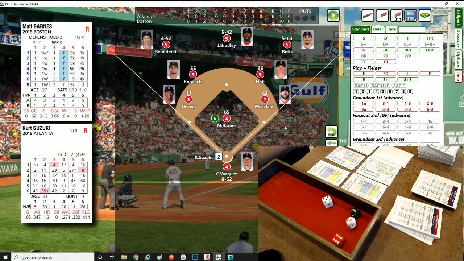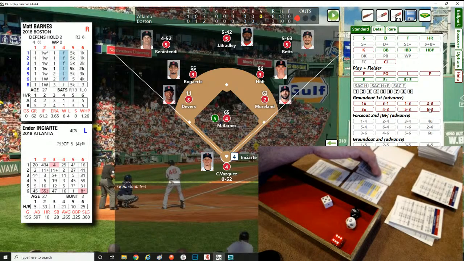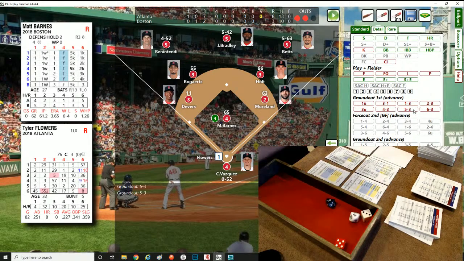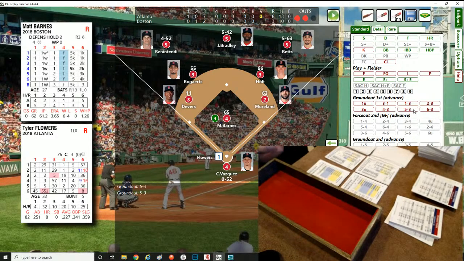And that's an 11. A's patient. 90. How patient? That's a ground ball down to Bogaerts. He'll make the play. Enciarte. 8. Tough 62. No, wait, I'm looking up here. 8, yeah, it's a tough 62, and that is going to be a ground ball to third. And Tyler Flowers,